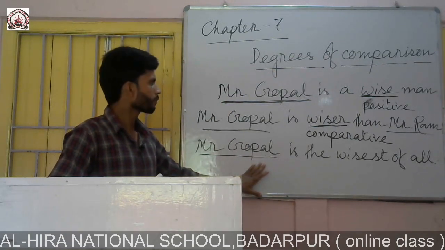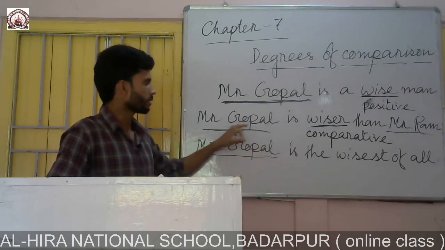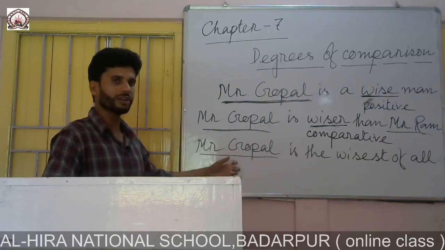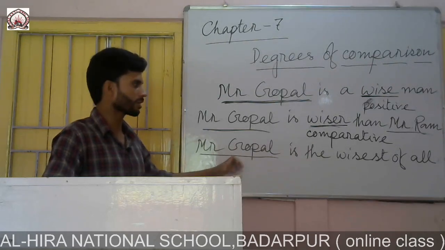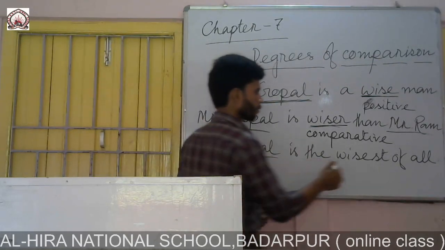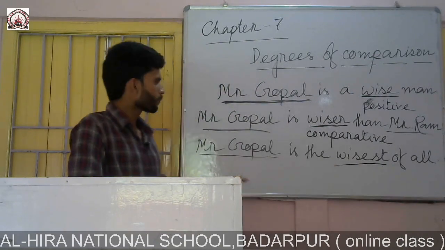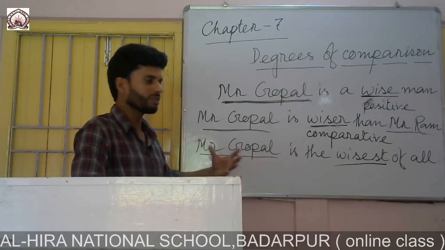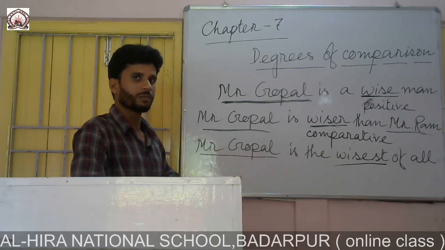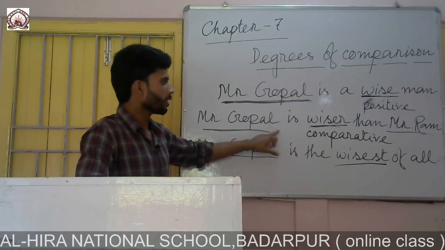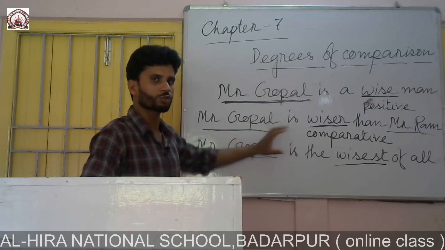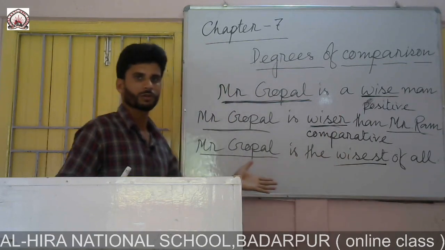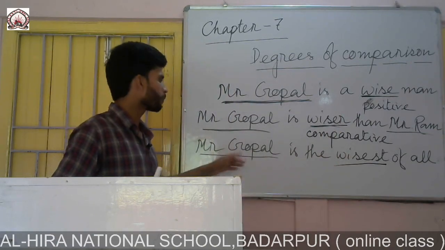but again here, like the second sentence, there we spoke about two persons. Here in this sentence again only one name or only one noun is mentioned, but still this word wisest is describing more than one person. More than one means here we should say actually more than two. In the case of comparative, it was a case of two people. Here in this case, Mr. Gopal is the wisest of all. Wisest of all. So, here it is more than two.